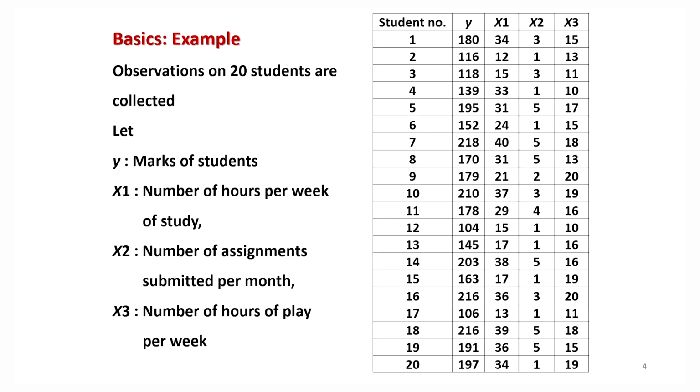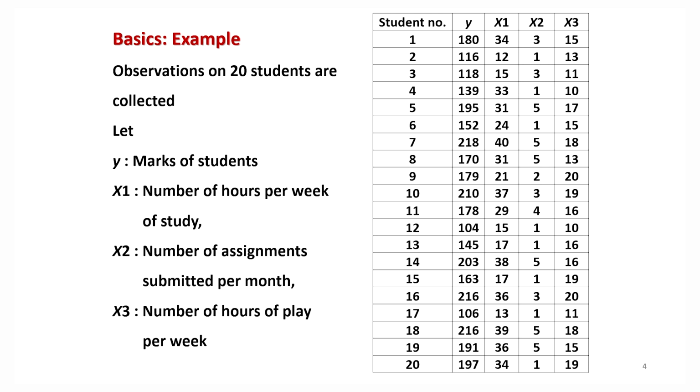So suppose we try to conduct an experiment and we try to collect the data from, say, 20 students on these three input variables and one output variable. Why 20? Because I don't have more space here. My objective is to give you an idea so that I can show you the data so that you can understand what is really happening. Once you understand with this smaller set of data and a smaller number of variables, then it is not difficult for you to extend it to any big data set or with a large number of variables.